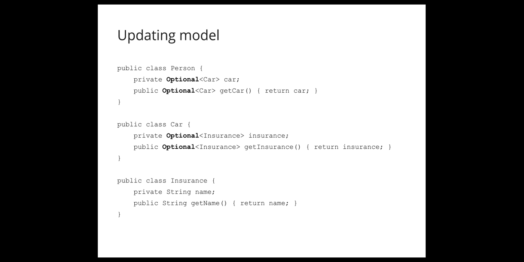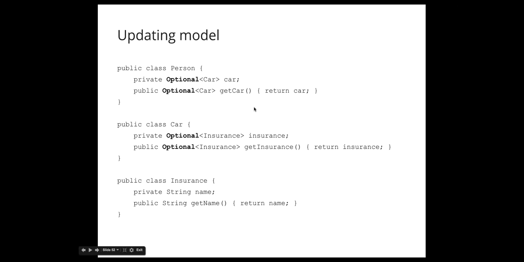This is really great. A car may or may not have an insurance, so it's an optional insurance. Now, I know what you're going to say. In England, you definitely need an insurance, but I was talking to one of my Brazilian friends, and he told me that in Brazil, it's not always compulsory to have an insurance. So let's just say it's optional. But once you've signed up to have an insurance, it definitely has a name. So we're making that explicit in our model as well.